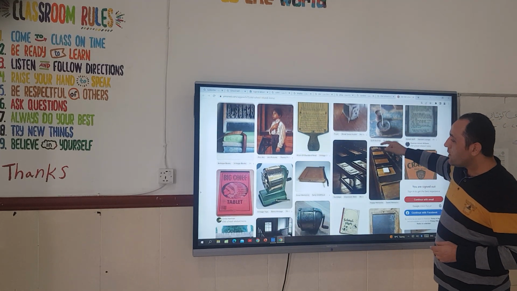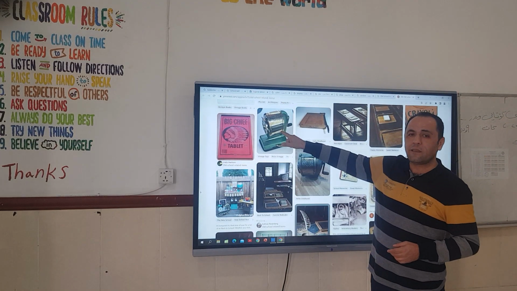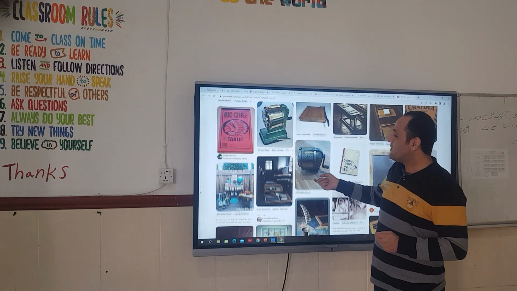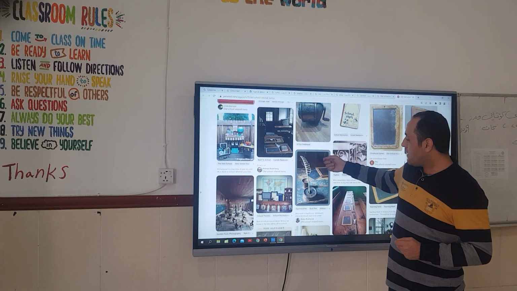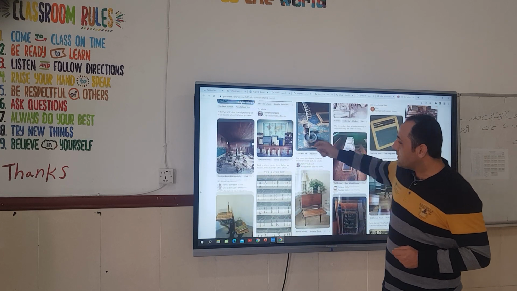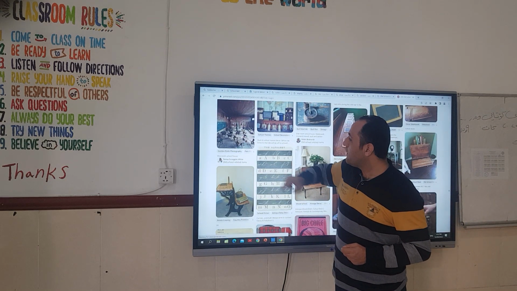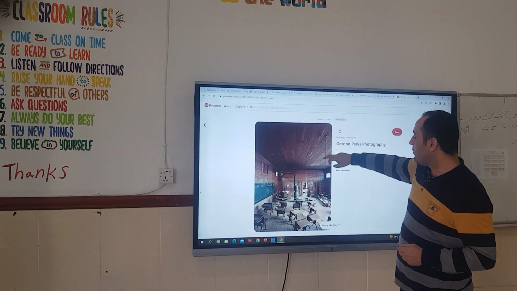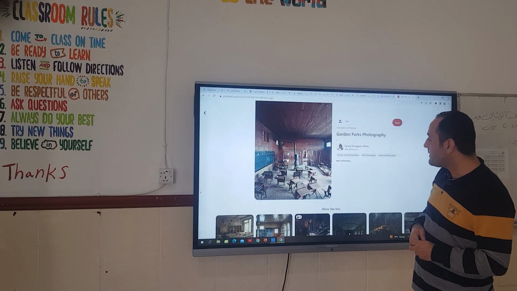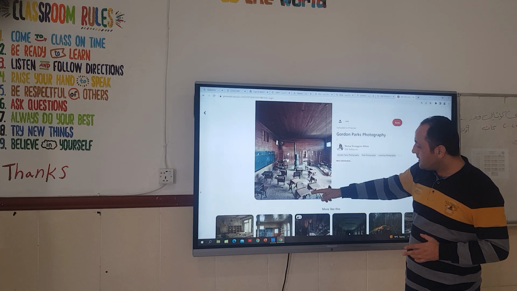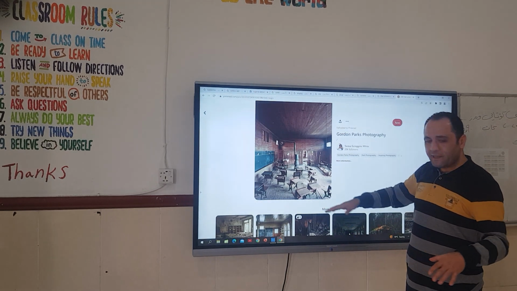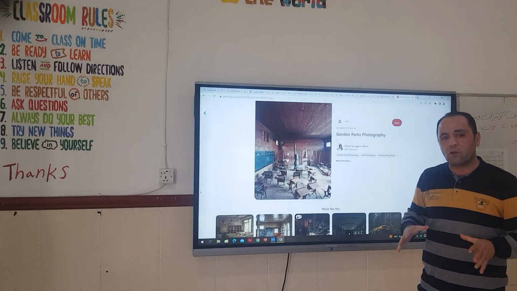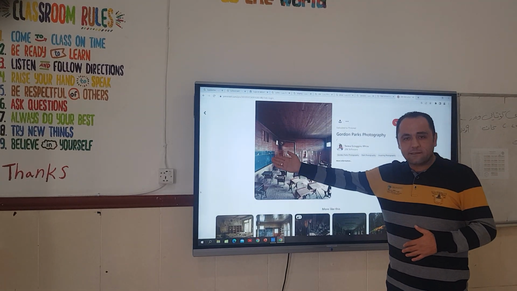Is there anything else? What about this one? Do you remember this one? Yes, we have seen it. For what? For making some words. Okay, look at this, the old classroom here. Let me show you that. The old classroom was like this. For example, these are called tables, right? And this is the stove that worked for the classroom as well, and this is the board.